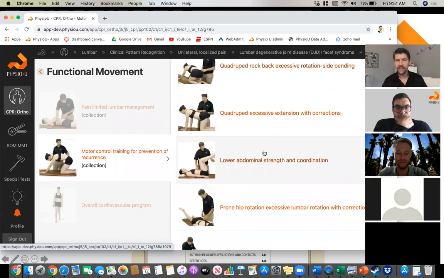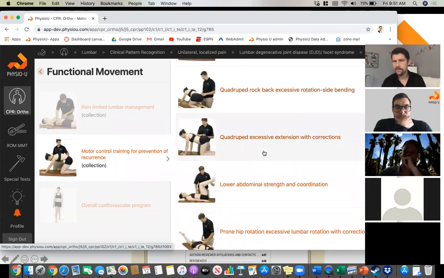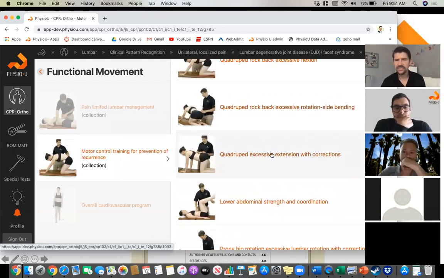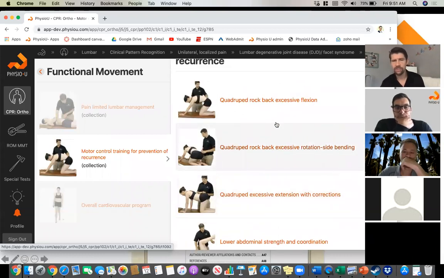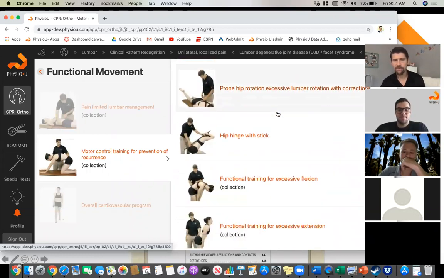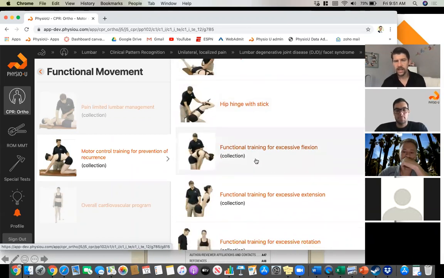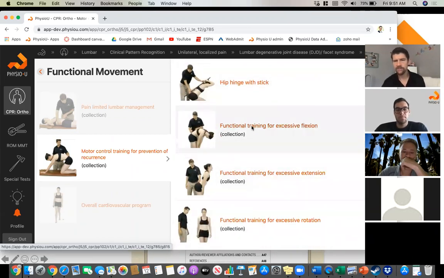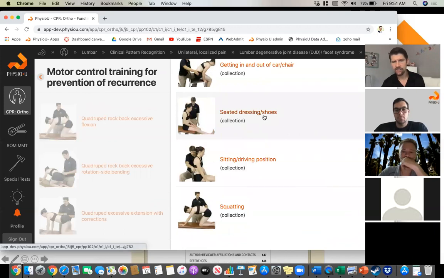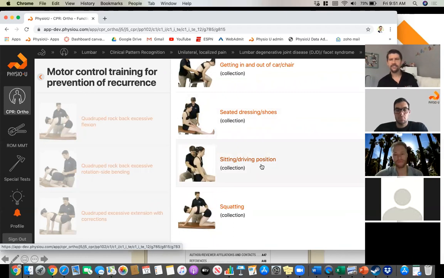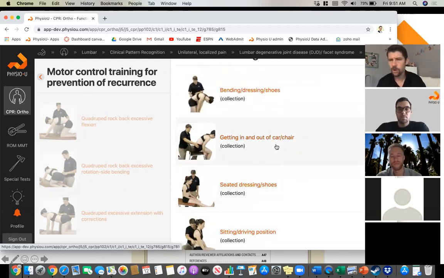So what are they doing? What are they doing in their spine that maybe makes them a risk for recurrence? Do they extend too much? Do they rotate too much? Do they flex too much? Do they have problems when they do squats at the gym? So you have all these different types of things. So people with flexion problems, is it when they're getting dressed? Think of it as you're training functional movement to prevent recurrences. This really shouldn't be our visits 1, 2, and 3, because those should be really focused on mobility, mobility, mobility, get that motion back. But towards the end,